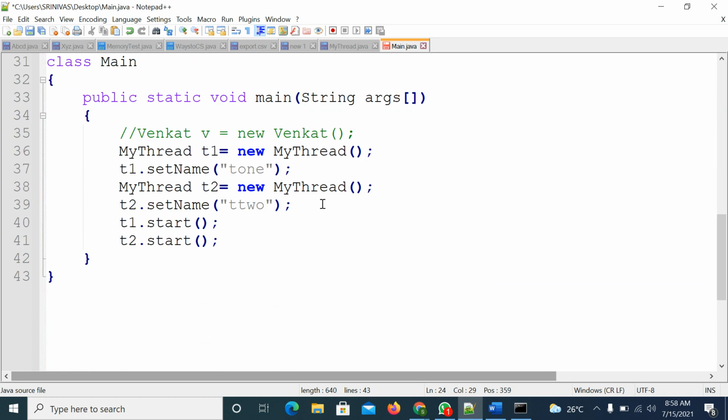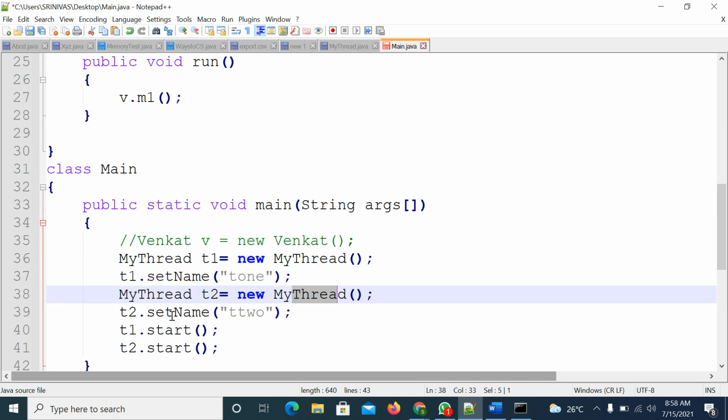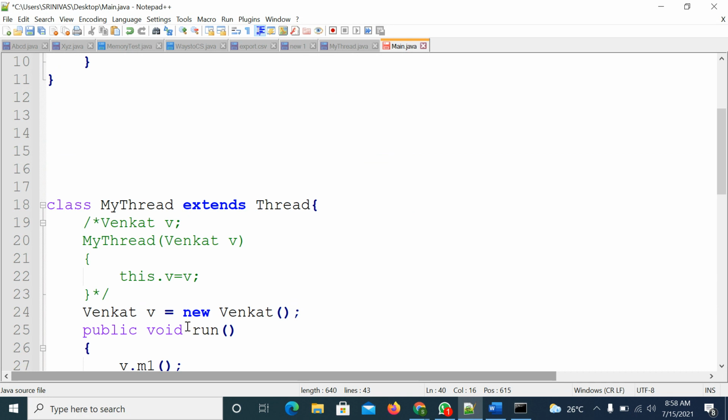Whenever you created an object, one object is created, and the second time one more object is created. You created threads, and on top of these threads you call the start method. The start method will call the run method.